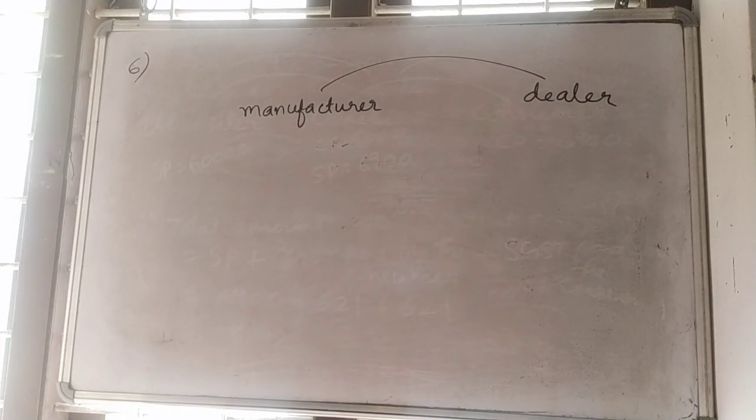Question number 6. A manufacturer buys raw materials worth rupees 7,500, paying GST at the rate of 5%. He sells the finished product to a dealer at 40% profit. If the purchase and the sale both are intra-state and the rate of GST for the finished product is 12%,